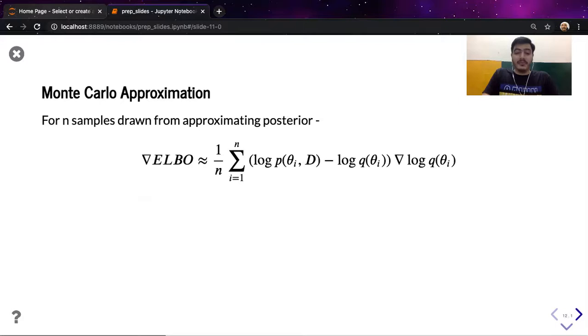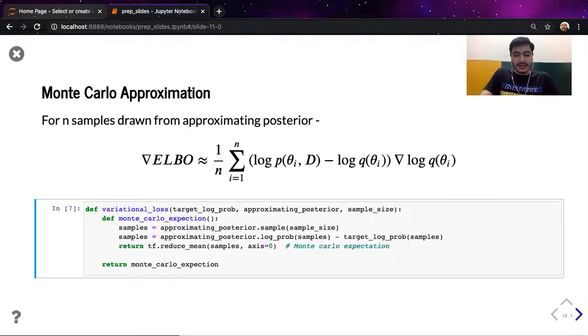Yeah, whenever we need to differentiate or integrate with a huge number of parameters, we do consider approximating them. Earlier, we approximated our posterior with respect to a distribution. Now we have approximated the gradient by Monte Carlo approximation. The idea is we have some certain samples and we're going to compute the log probabilities and take the difference, which will ideally be the same if we have a large number of samples.